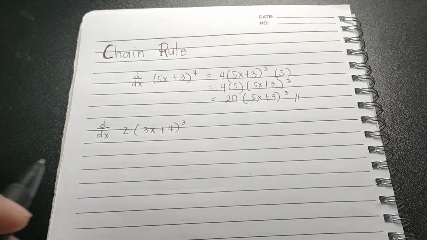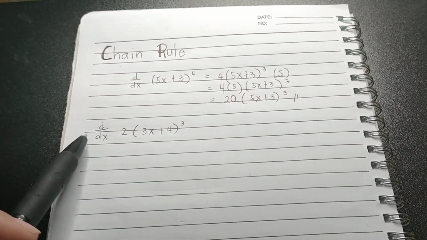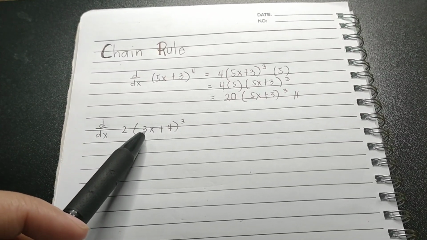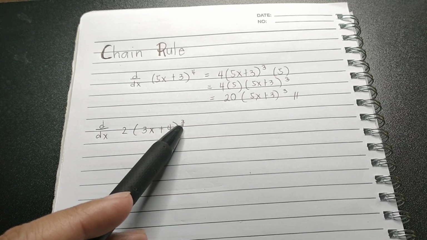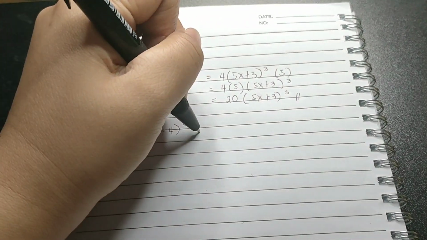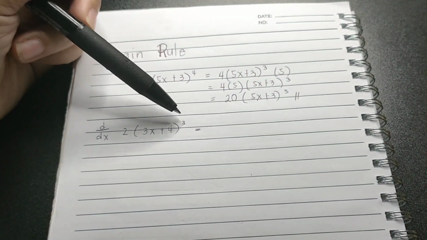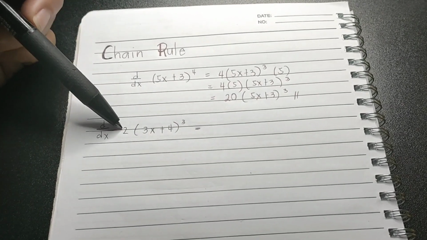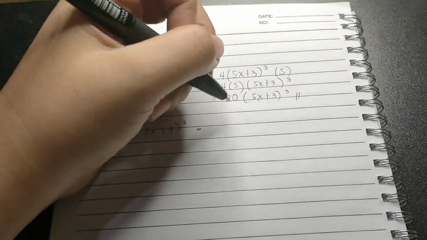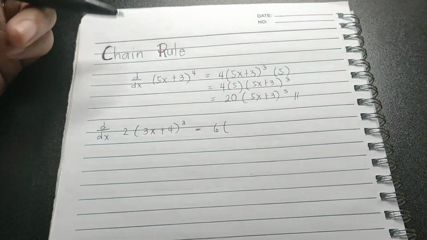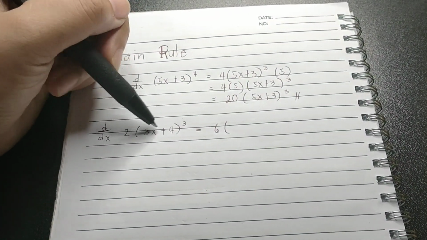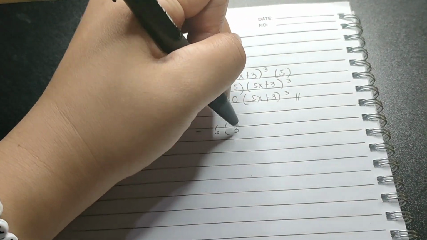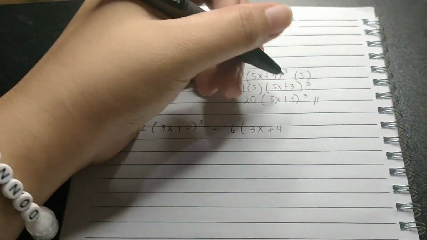Okay, so next natin, find the derivative of 2 times the quantity of (3x + 4)^3. So, first, again, diba, minumultiply natin yung exponent dun sa coefficient. So, 2 times 3 is 6. So, 6. And then, copy yung nasa parenthesis, which is 3x + 4. So, 3x + 4. And then,